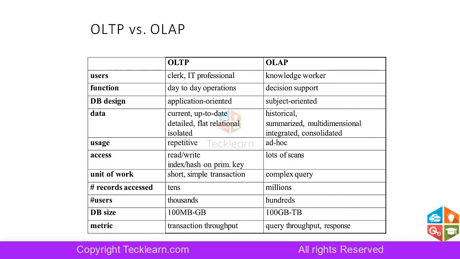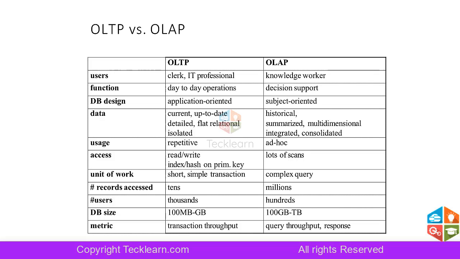Historical data has to be briefly understood. If I have an organization that has been running for a very long time, maybe 15 years, since the data is established, I will have all 15 years of data in my OLAP, but not in OLTP. OLTP may have at most the last 1 year or 2 years of data, or sometimes only 3 months of data. It will have limited data, but the most accurate point-in-time, up-to-date data. Whereas OLAP will have all the data, the entire data, though it may not be the latest.